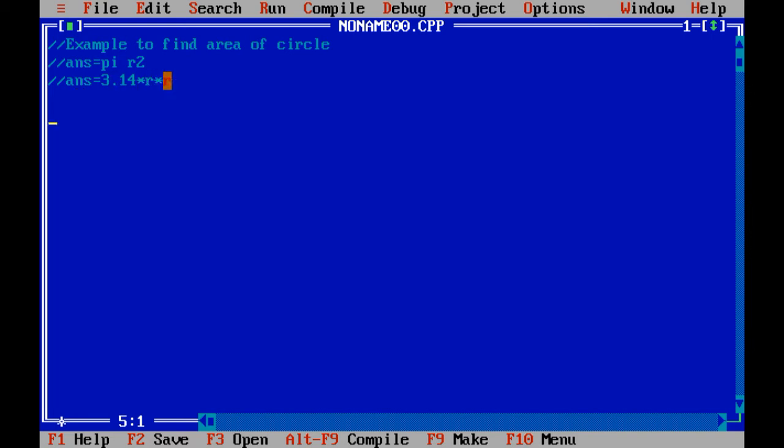The variable on the right side of the equals operator, that is r, is known as the input variable. That means you need to input values from the user into the input variable, and the output variable we need to print on the screen. And this particular formula is known as the process.